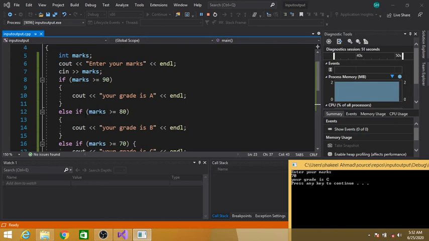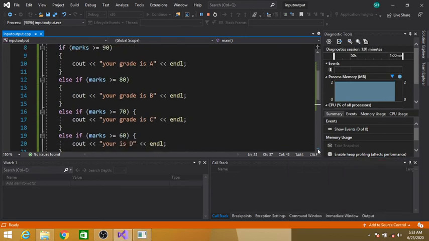So the control will skip this statement, skip this block and shift to this next block. And here again marks contain 70. 70 is greater than or equal to 70? Yes, 70 is equal to 70. Not greater but equal to 70. If any of the two conditions is true, then this whole condition is true.